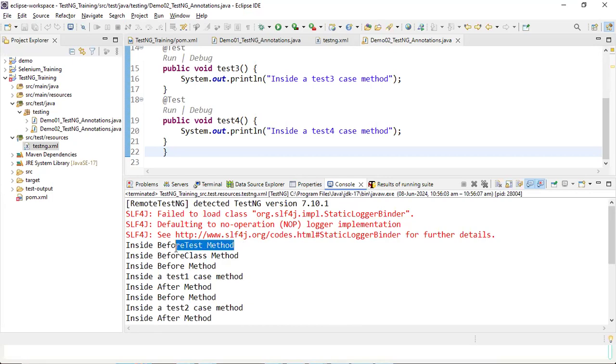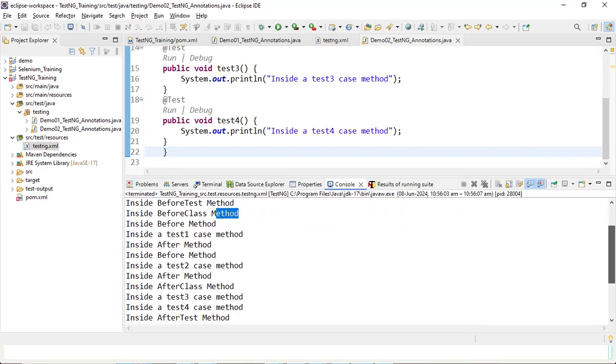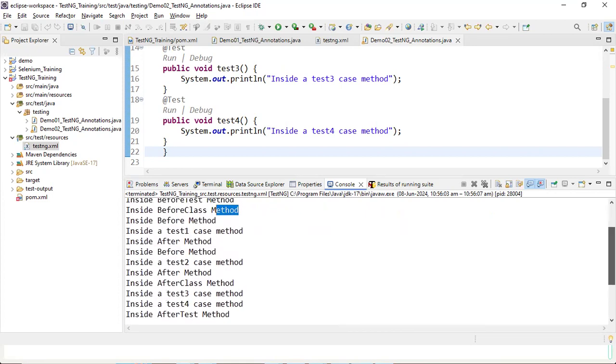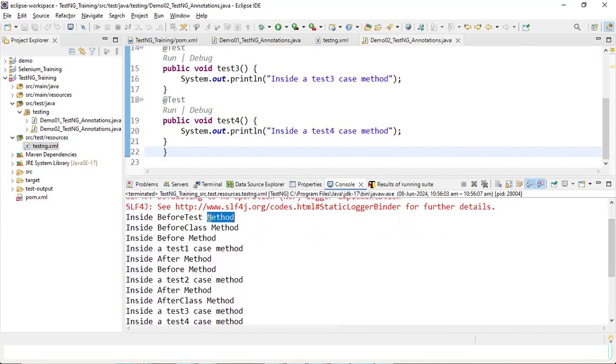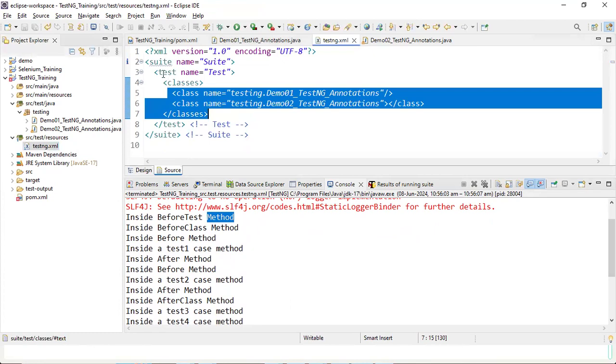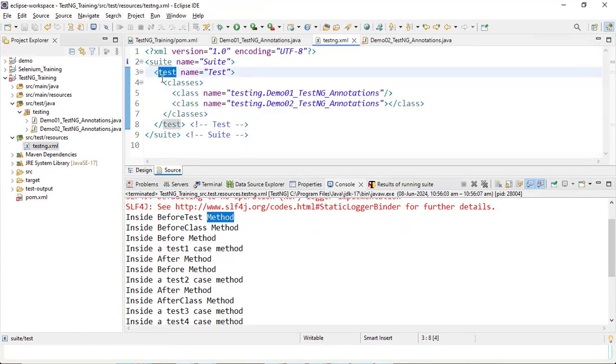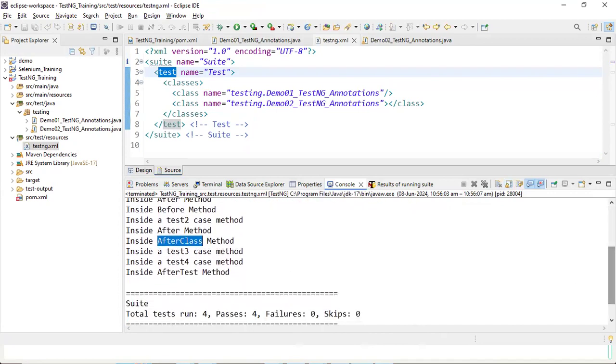Now check the behavior. You can see the before test method, and then before class. Before test, how many times was it executed? One time. Why? Because the before test method is executed before any test class that is available within a test tag in the suite. So you can check, before test executed, then before class, then before method, then test case 1, then after method, before method, test 2, after method, after class, and then you can check test 3